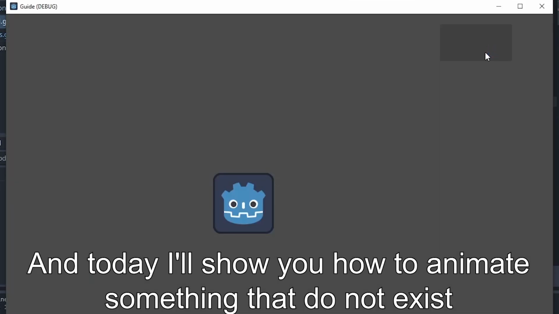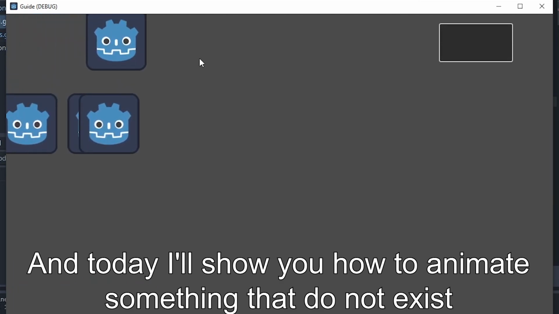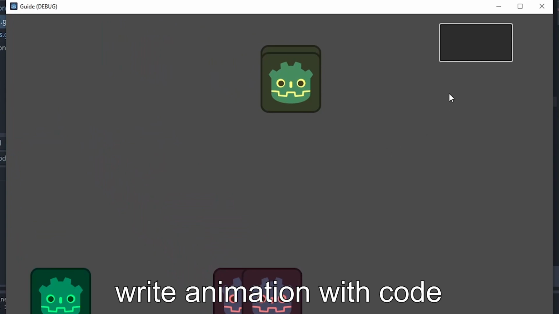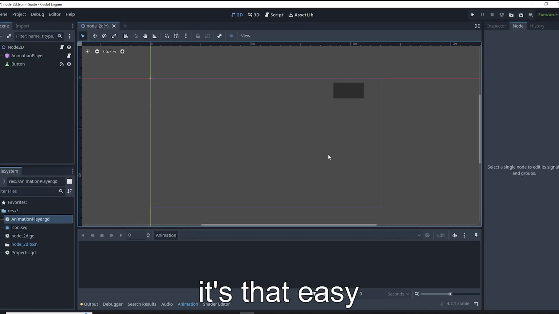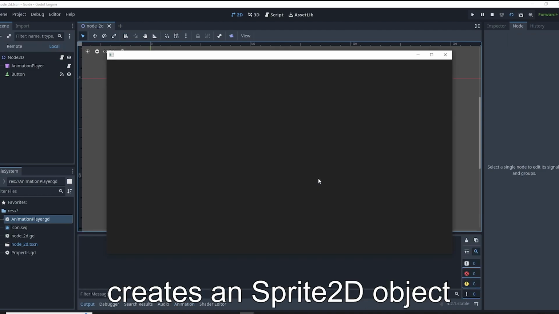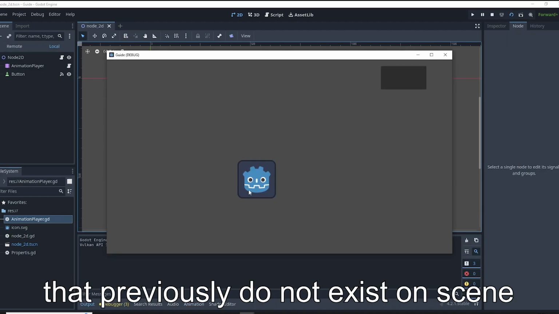And today I'll show you how to animate something that does not exist yet in Godot 4. All you need to do is just write the animation with code, and that's easy. Okay, let's see. Here is a small script that creates a sprite for an object that previously did not exist